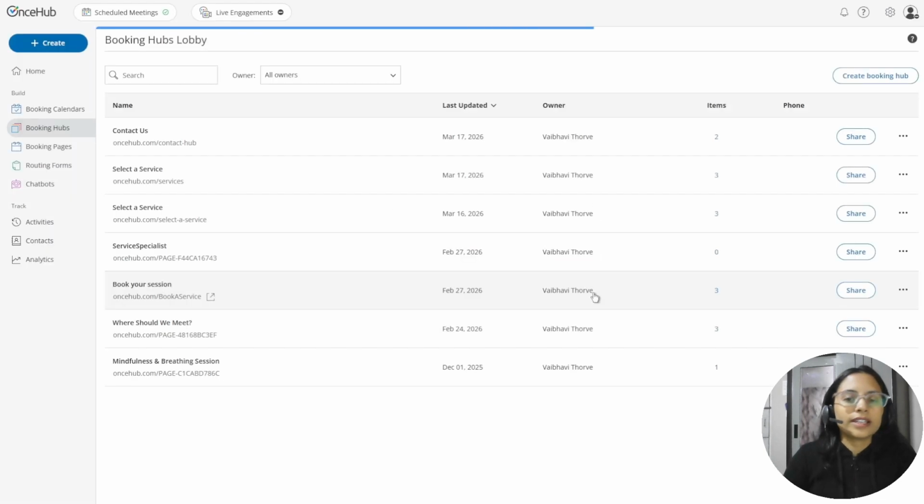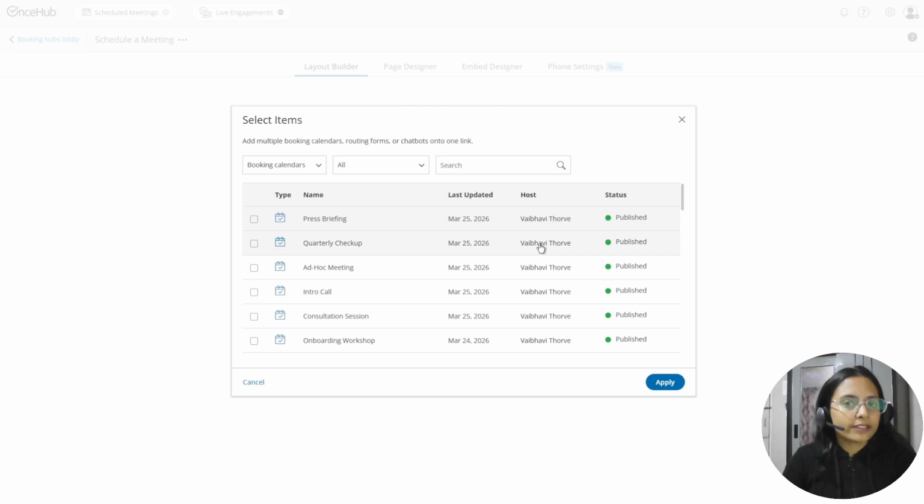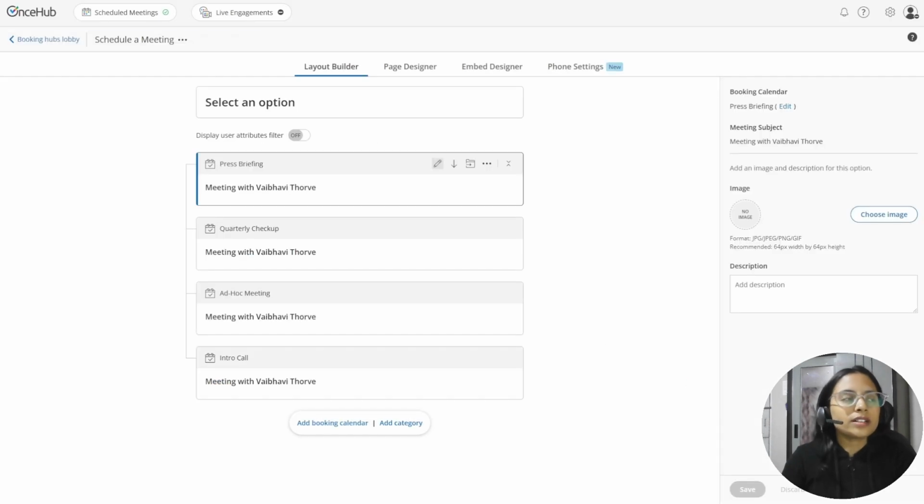And click on create. Now here we'll add the respective calendars we created earlier and click on apply. Now here's what makes booking hubs very powerful. Instead of just listing the booking calendars as services that your guest can book from, we can organize them